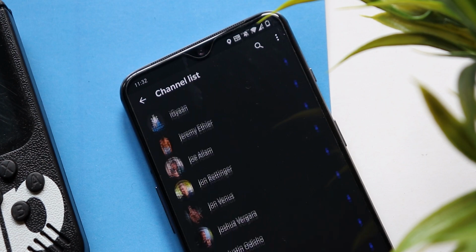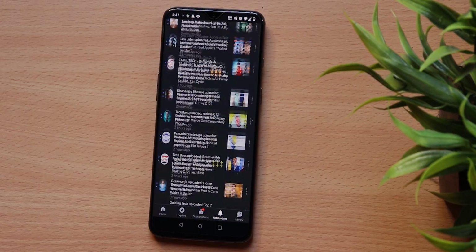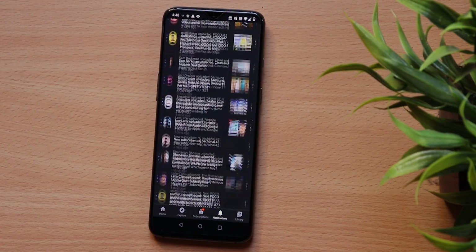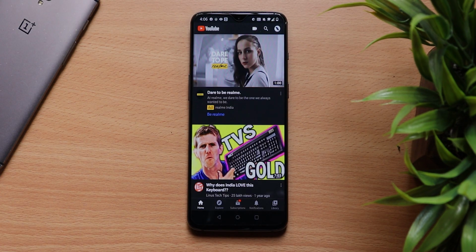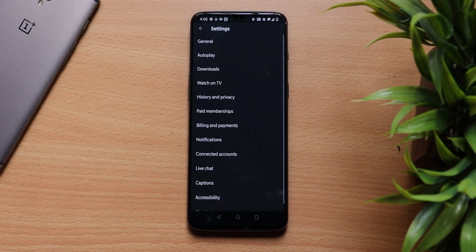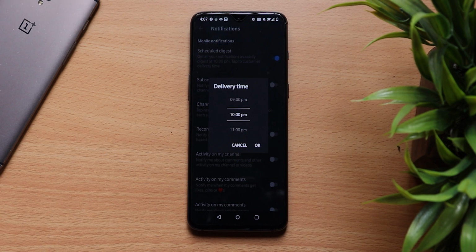We subscribe to a lot of channels on YouTube, but the problem with that is you get notified a lot. And as the subscription list gets bigger and bigger, the upload notifications you receive are too often. So to manage this, YouTube has a small option. Go to YouTube and then hit settings. Now click on notifications. Here there is an option called schedule digest. This actually holds your YouTube notifications that you receive in the entire day and shows all of them at once in the time you picked.